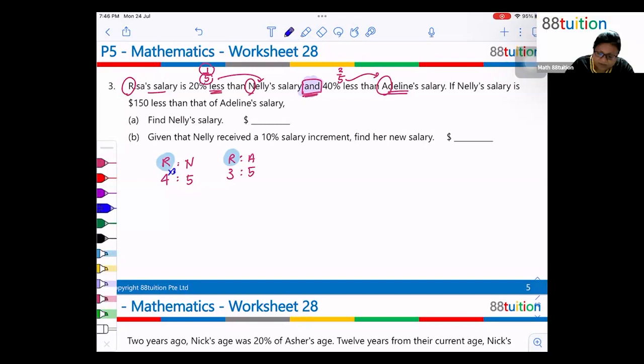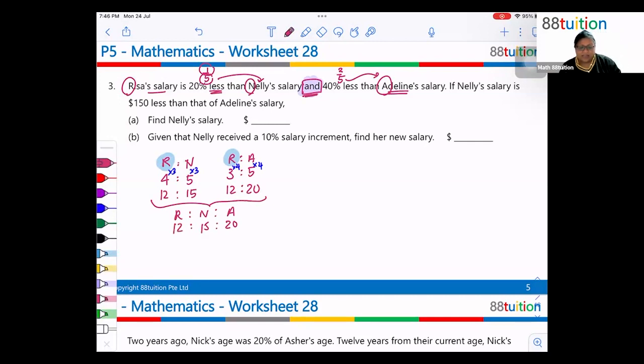So I times 3 and I times 4 to give me 12 is to 15, 12 is to 20. Now, from here, I can summarize Risa, Nelly, and Adeline: Risa is 12, Nelly is 15, Adeline is 20. Okay, why times 3? Because the first common